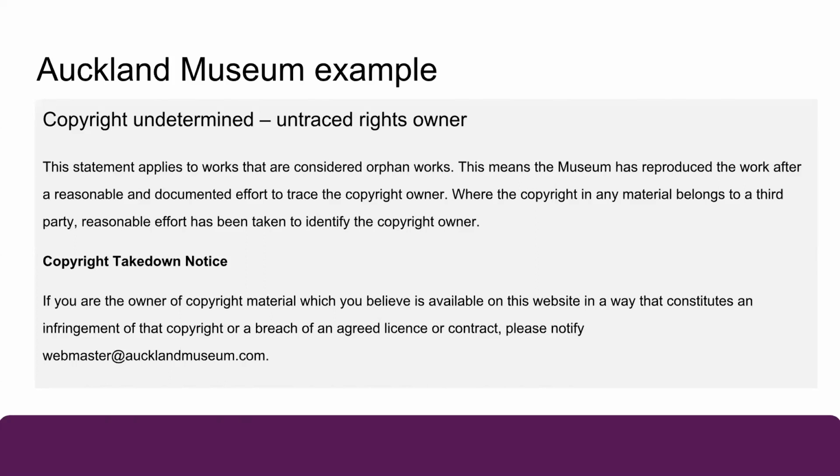In a quick search, the Auckland Museum collections online shows that around 3,000 works are online with this statement at the moment. And it's just good to point out here that the majority of these will be objects that are deemed to be still in copyright, but will have little or no information about who the copyright owner is in the collection management system. And the copyright takedown notice is pretty standard and is very clear, so that's good. Next slide.